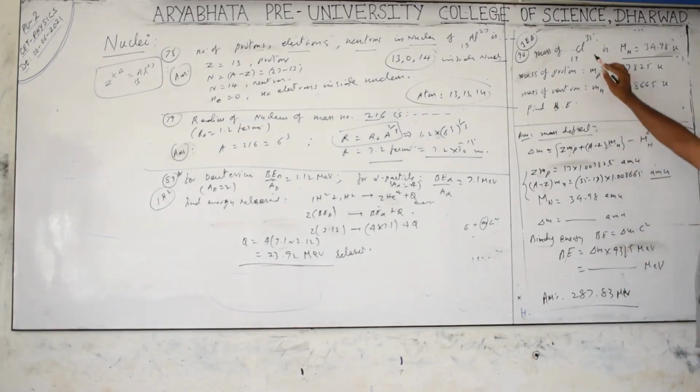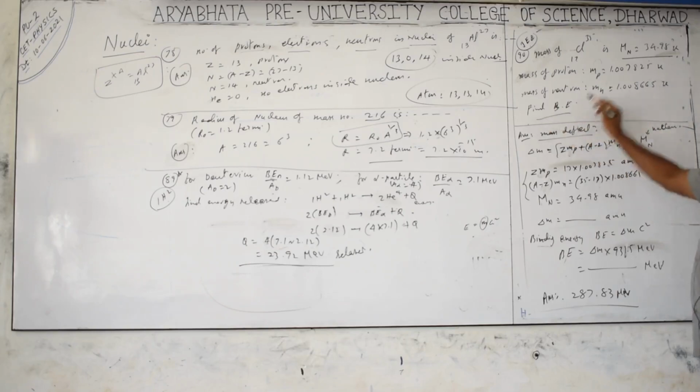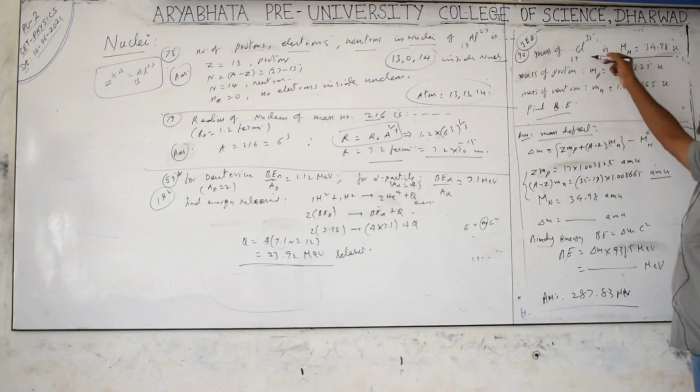So here, for this chlorine nucleus 17, 35, the mass of the neutron is given in AMU, the mass of the proton is given in AMU. They will give you the data. You don't have to remember this mass of proton and neutrons. Even for the electrons, they will give you the values. With that only you have to calculate. Mass of the neutron is given for you. Find the binding energy required for the binding of these nucleons to form this nucleus.